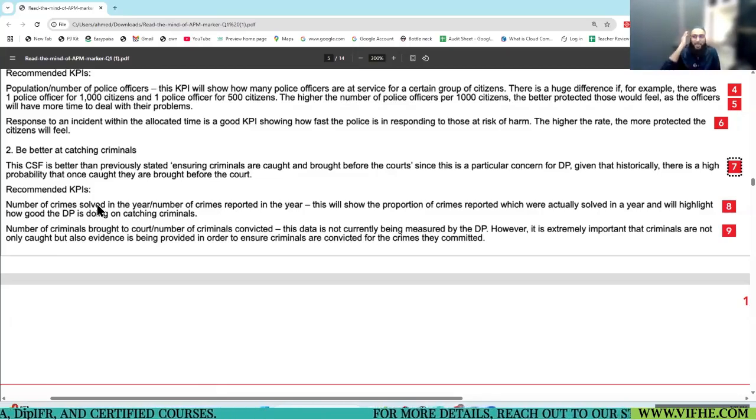Is this KPI fulfilling the CSF, be better at catching criminals? Again, the focus is on solution of crimes, but indirectly it will serve the purpose. This will show the proportion of crimes reported which were actually solved in the year and will highlight how good the police is doing on catching criminals.